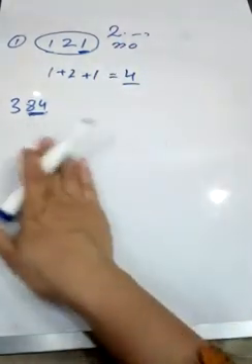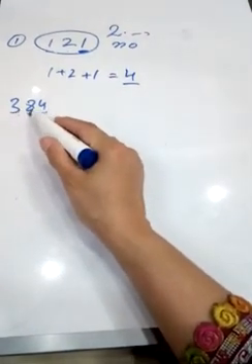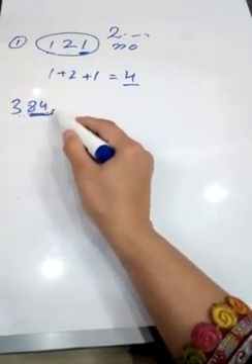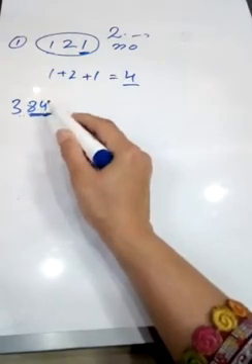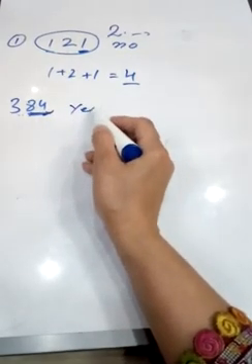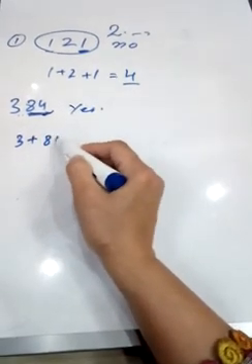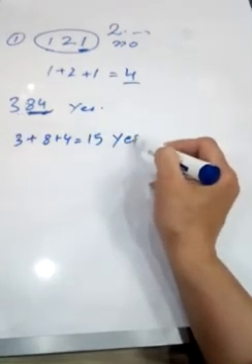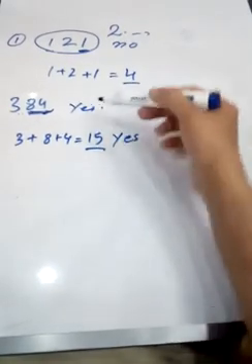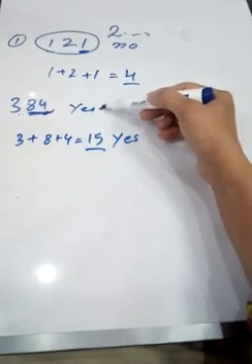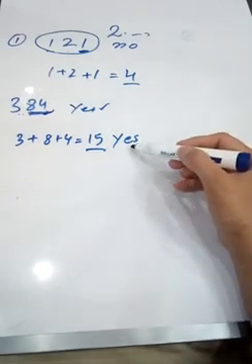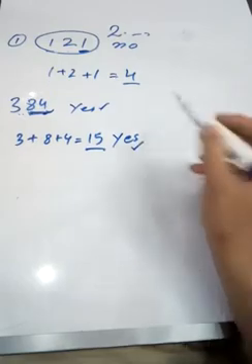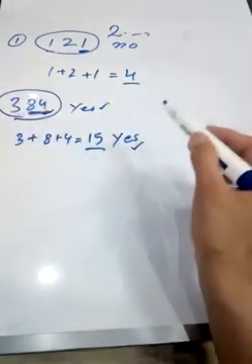Alright, we can solve another example of the divisibility test of 6. 3, 3, 8 and 4. Here we have 4 at the one's place, so it is divisible by 2. Yes, it is divisible by 2. And when we add 3 plus 8 plus 4, it is 15. Yes, it is divisible by 3 as well. So by applying the rules of divisibility test of 2 and 3, we understand that this number is divisible by 6. I hope you understand these concepts.